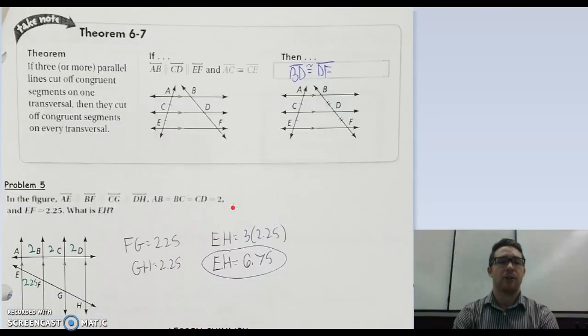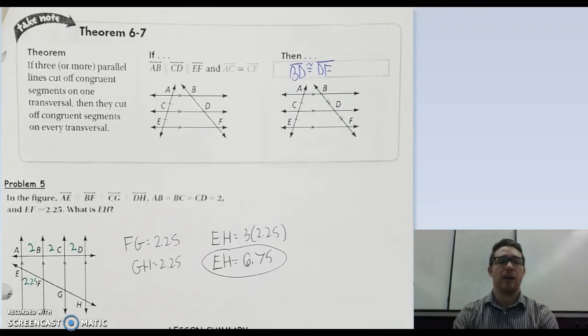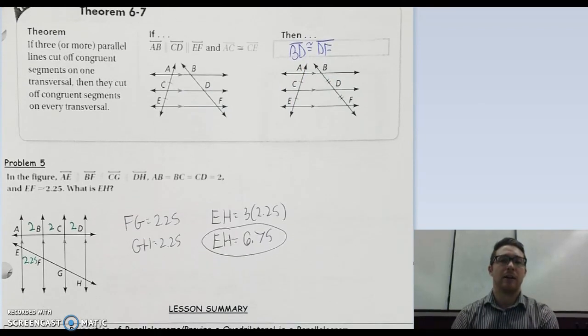So last page, basically one last topic we want to see. If I have 3 or more parallel lines that are cut off by congruent segments on one side, that means that the congruent segments will be cut off on every transversal. So on the left, if I know that AC and CE are congruent, that tells me on the right that BD and DF will also be congruent. So just using that really quickly for one practice,